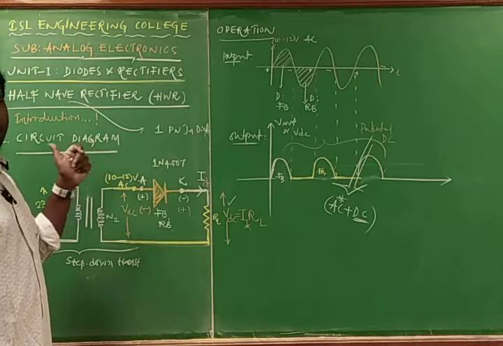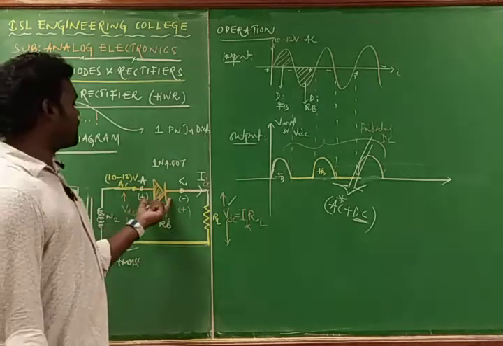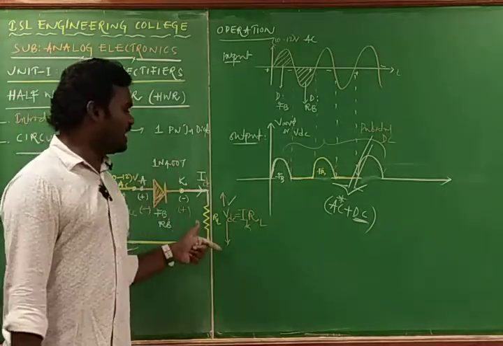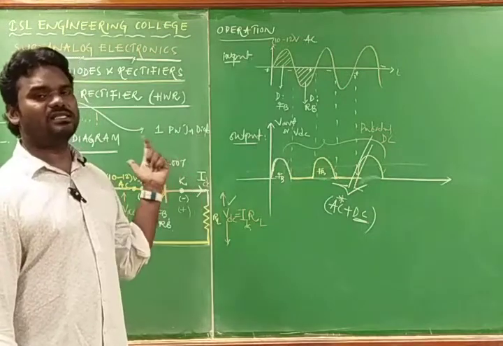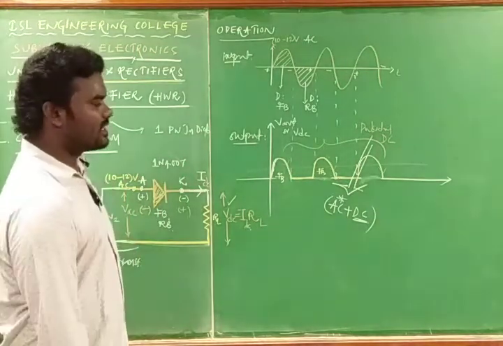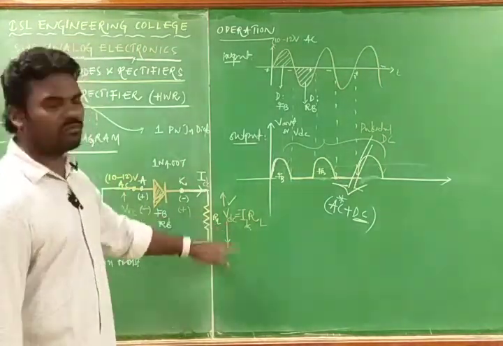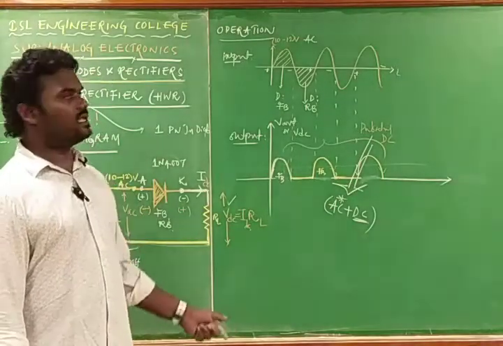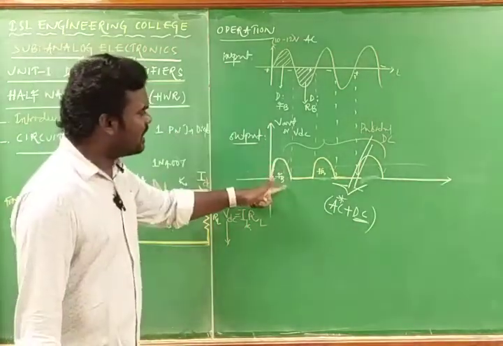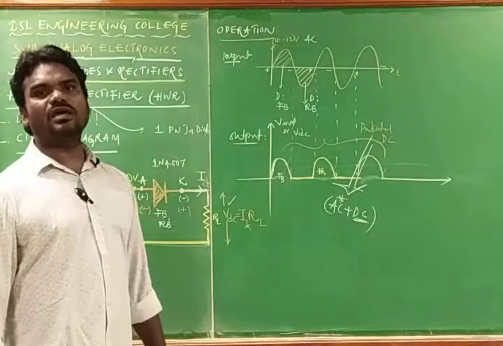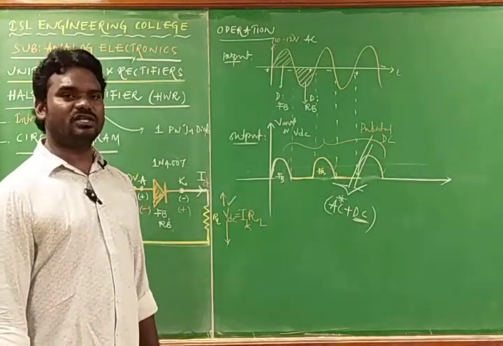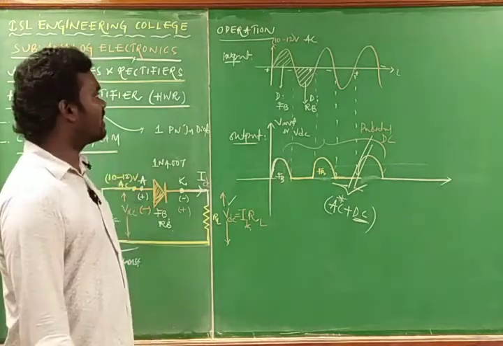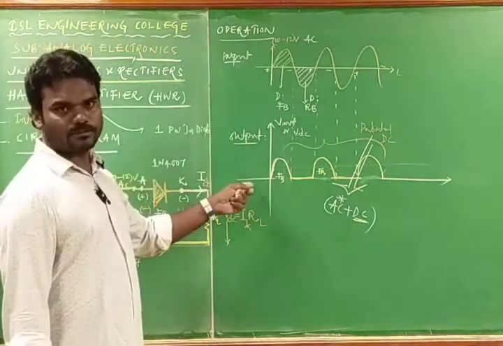That is nothing but the rectifier, and during the positive half cycles the diode gets into forward bias, during the negative half cycle the same diode gets into reverse bias, such that based on the forward and reverse bias we can get the current. If we get the current we can have the voltages also. This is the input signal and this is the output signal, such that you can have the operation of the PN junction, the operation of the half wave rectifier with respect to the waveforms also.